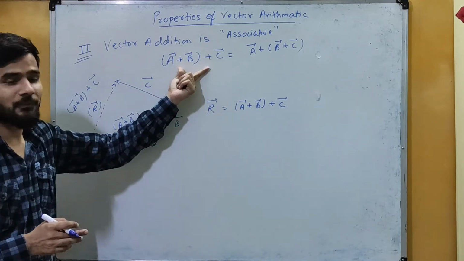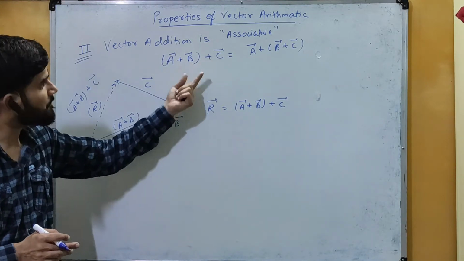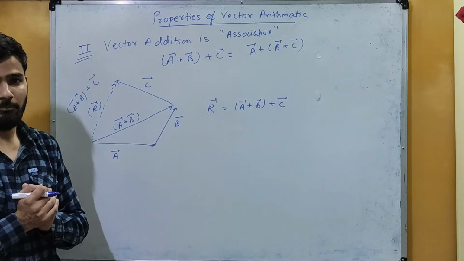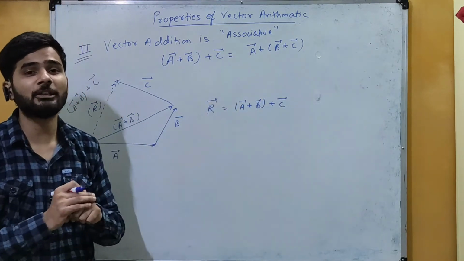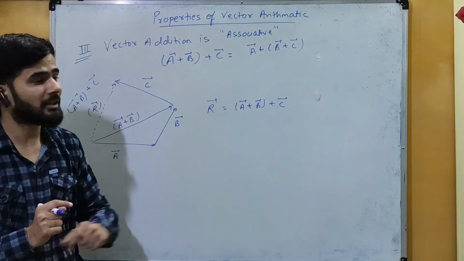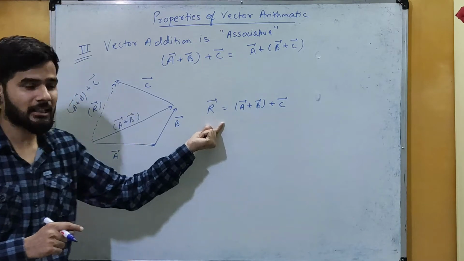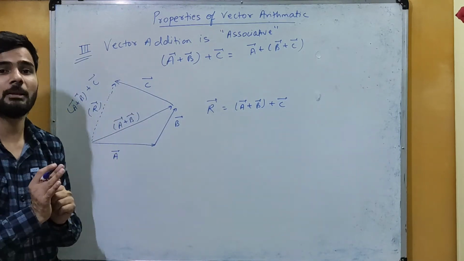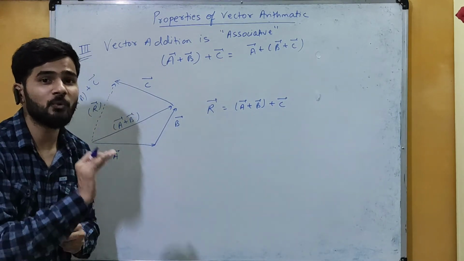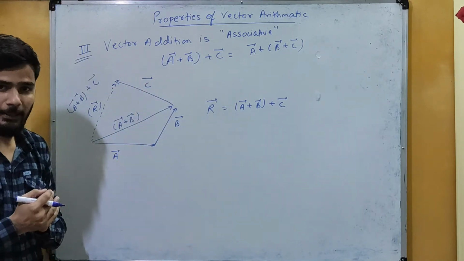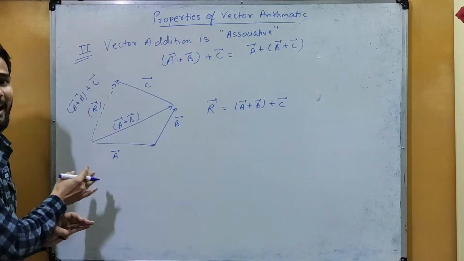Okay, this is the first part of this associative law. Now the second part, that is vector A plus B plus C. मतलब यहाँ पर पहले हमको B plus C को ऐड करना है, उसको किसके साथ ऐड करना पड़ेगा, वेक्टर A के साथ. और अगर वो वेक्टर यहाँ पर इस वेक्टर R के बराबर एज इट इज ऐसा आ जाए, मतलब दैट वी कैन prove that this A plus B plus C is equals to A plus B plus C. Okay, so we have to consider the same thing.